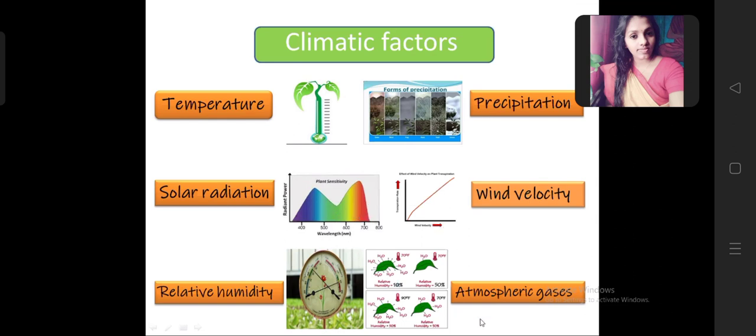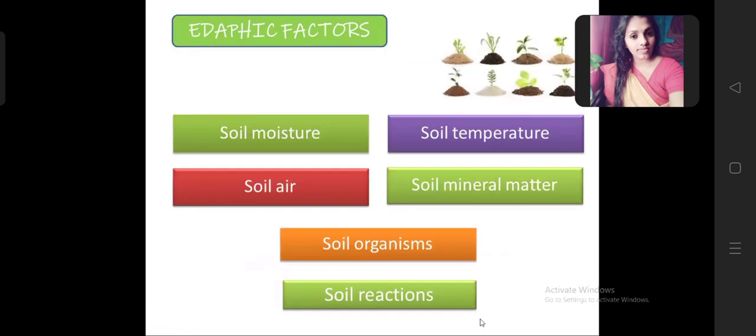And the next one is the atmospheric gas, how it is affecting, because we know that for crop production, carbon dioxide is needed. For photosynthesis, carbon dioxide is needed, and water vapor content is also required. So thereby they are influencing the crop production. The photosynthesis should be optimal, then only the material that has to be produced will be formed.